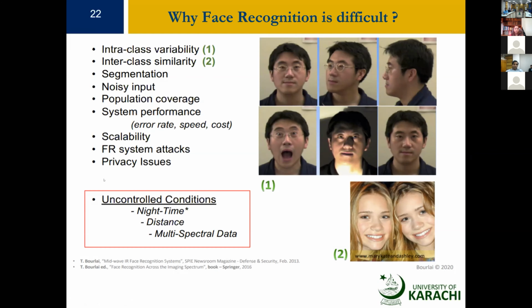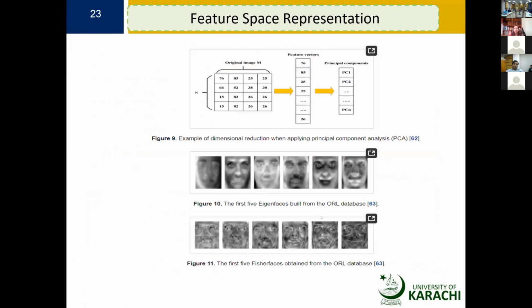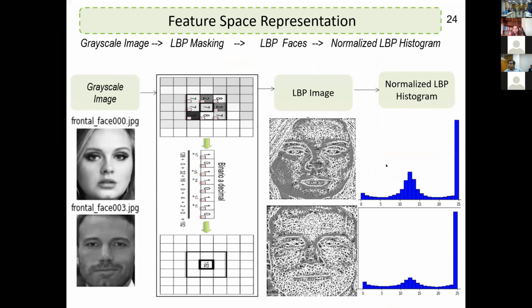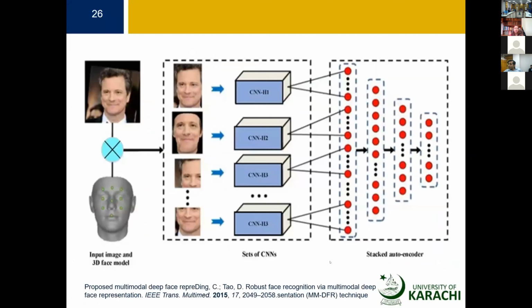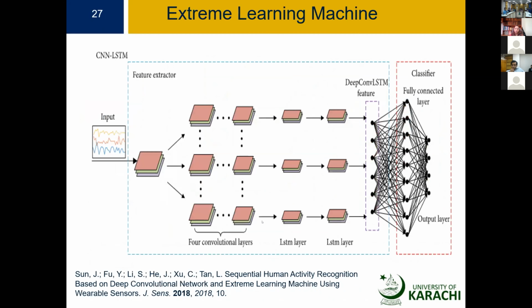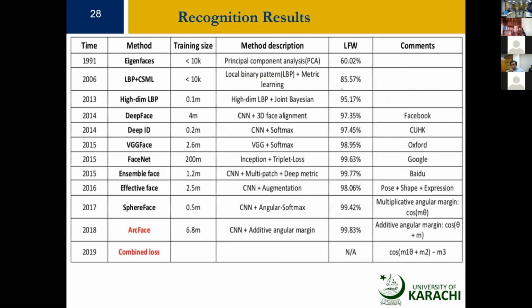I am finishing it. So face recognition is difficult. This is again just the representation of Fisher and Eigen faces. These are linear binary pattern faces, and this is how the deep network works. You can take an input image, identify the landmarks, convolve it with the input image, pass it through a block of convolutional layers, and encode it to produce the identification and verification. This is the last slide where I put up the recognition results till 2019,